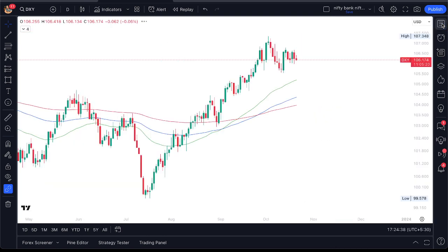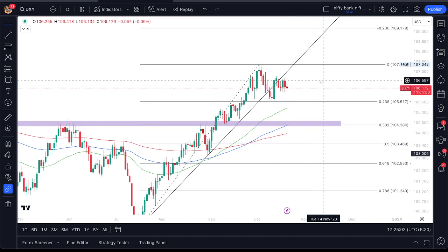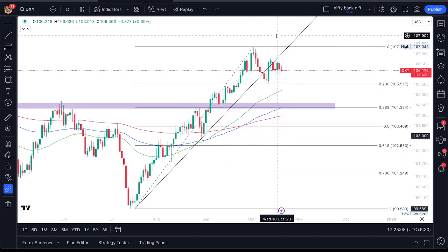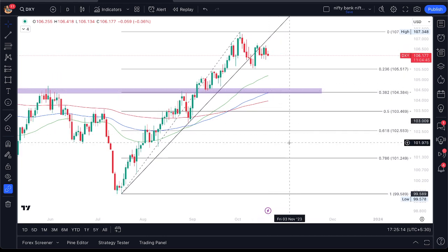Let's see what the dollar is doing. The dollar has some consolidation. It broke the trend, it came back to the trend line, and now it's consolidating. The chances are high that it will go downward to this level, which is 104.4, and then it might go up again. But right now it is breaking the trend line and not making higher highs, so the chances are that it will show a downward trend from here. If it shows a downward trend, then gold will definitely go up.